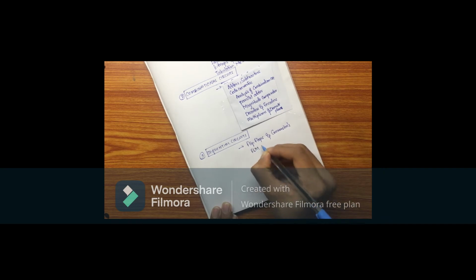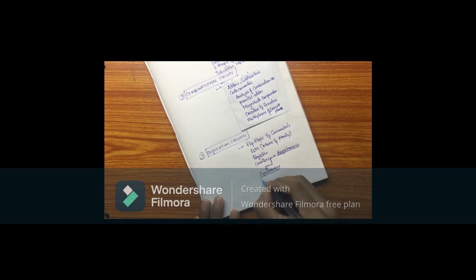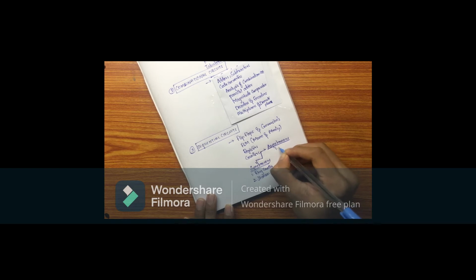Then we will see FSM, Moore and Mealy. Then we will see registers. Then counters. In counters, we are going to see two types of counters: asynchronous and synchronous. In synchronous, we are going to see ring counter and Johnson counter. In asynchronous, we are going to see ripple counter and modulus counter.